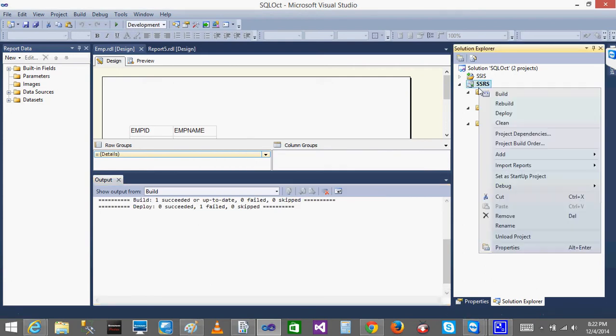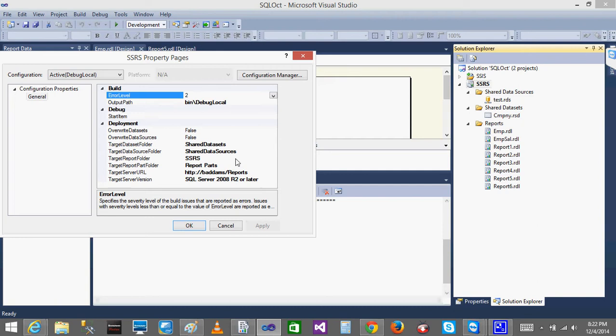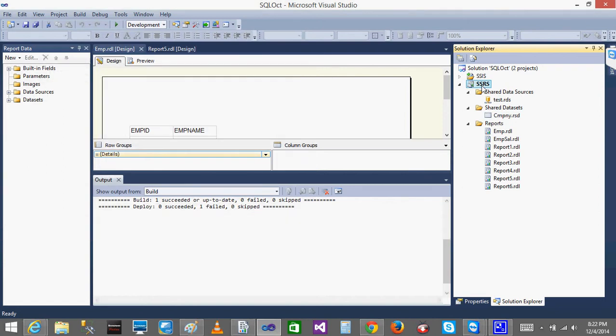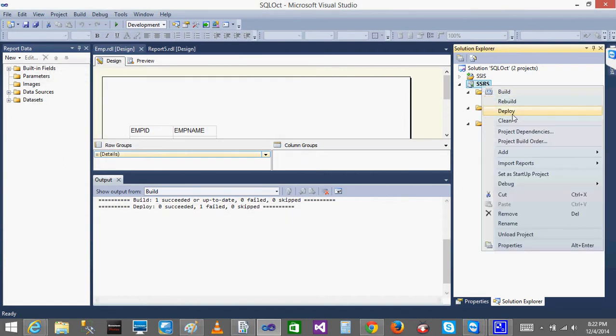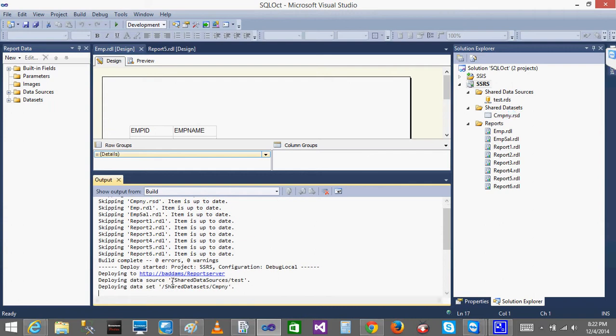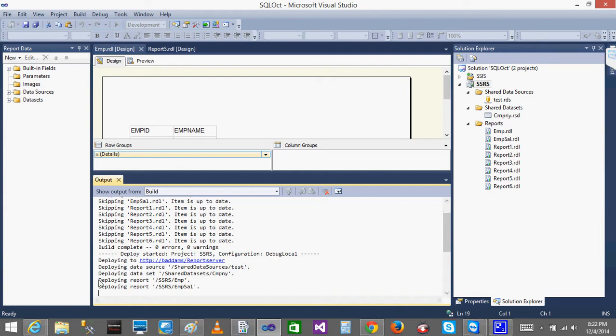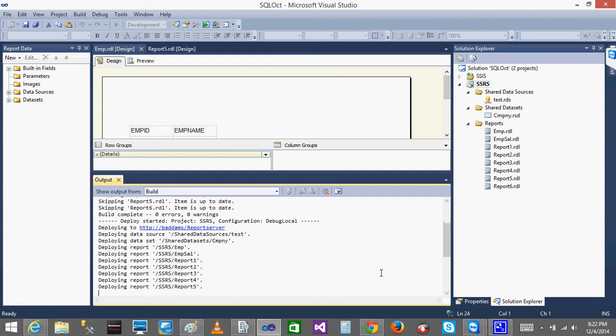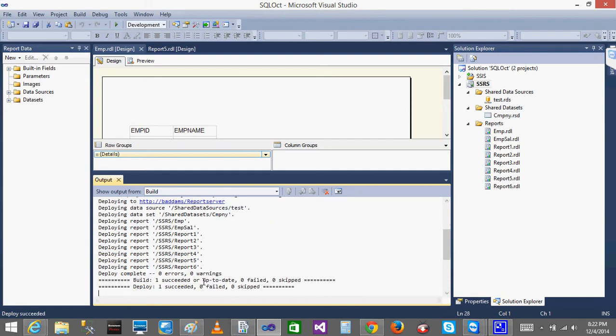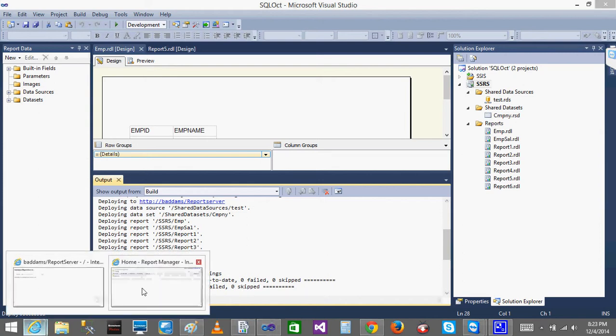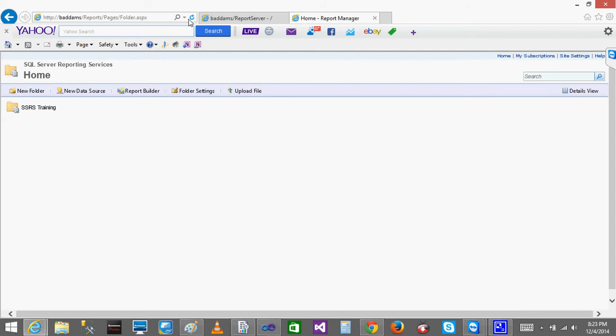So now I'll go here, click on the properties, and change to the report server. That's it. Now if I deploy, it will be deployed. See, it is connected. Now it is deploying the data source, deploying the dataset, and deploying reports: report 1, report 2, report 3, report 5, report 6. Succeeded. Nothing failed. Done. If I go to my browser and refresh it, now you can see